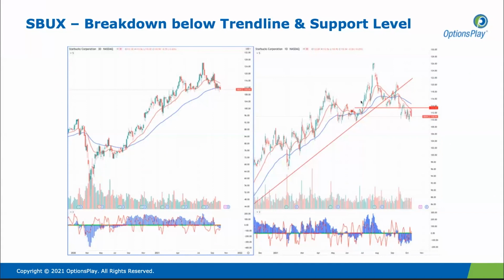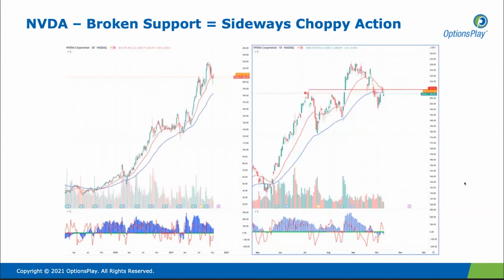And then when we look at some of the consumer stocks, you have Starbucks. Starbucks has had a very strong run here to the upside over the past year or so, but it's broken what has been a major trend line here. Starbucks has been on a very strong trend line, but we've recently broken below that trend line. As you can see, not only have we broken that trend line, the moving averages have crossed over recently, and it broke below some support levels here. So minor support has been broken, came back to retest those levels as resistance, and so far has been rejected. And I cannot help but think that Starbucks has some further downside, especially since long-term and short-term momentum have both turned negative here.